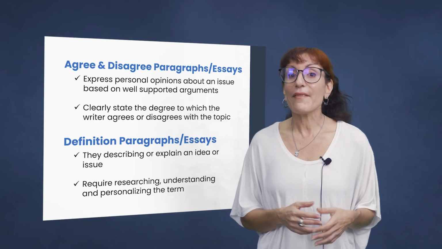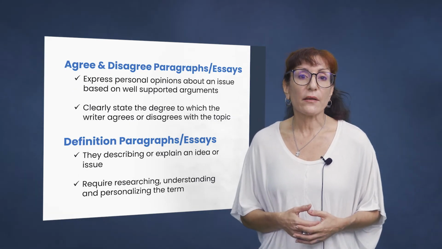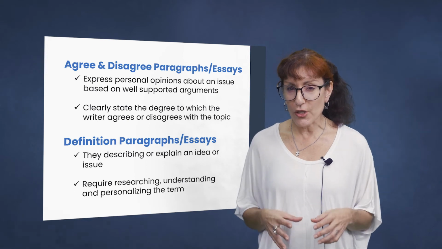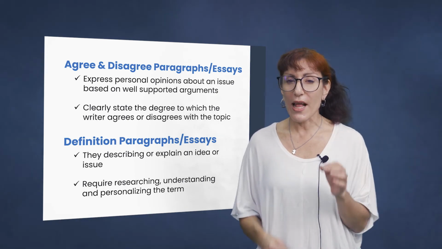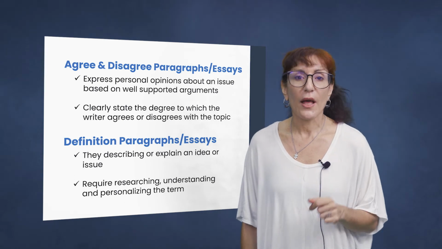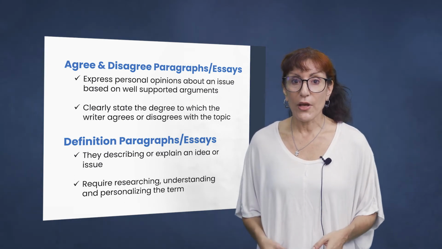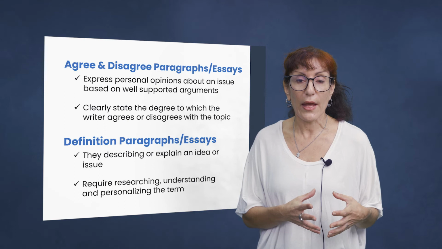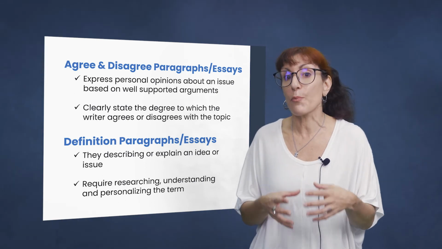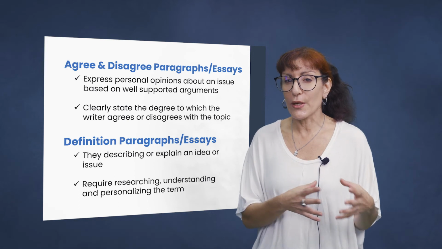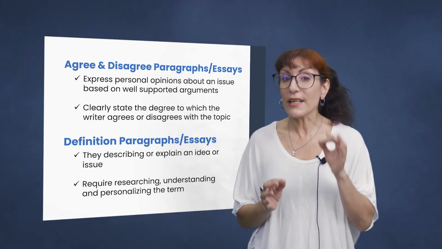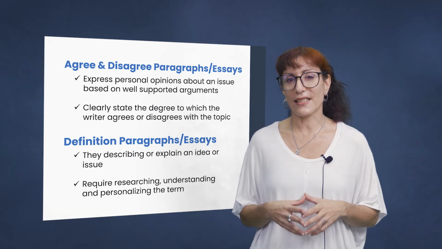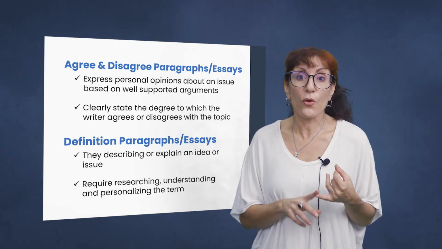Moving on, we have agree and disagree paragraphs, which are usually parts of an agree and disagree essay, where you have to present your personal opinion about an issue based on well-supported logical arguments. When working with this type of paragraph, you need to start by clearly stating whether you agree or disagree with the issue and proceed to listing the reasons that support your view. So your personal opinion, whether you agree or disagree, has to appear in the topic sentence, and that's very important. This is usually one of the most challenging essays for students, as it requires both good knowledge of the topic